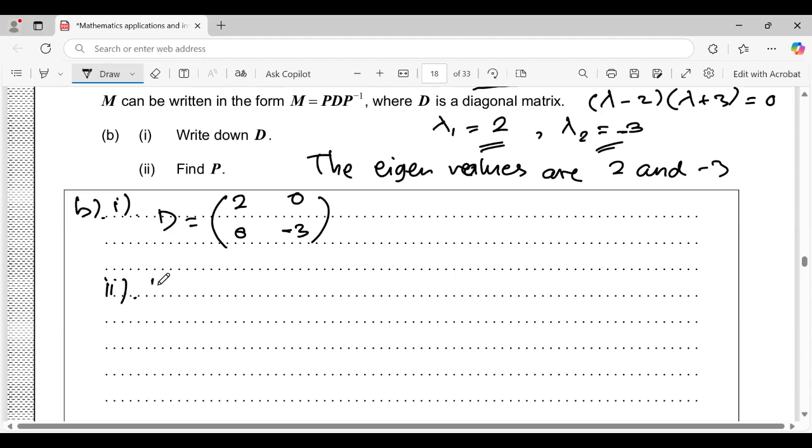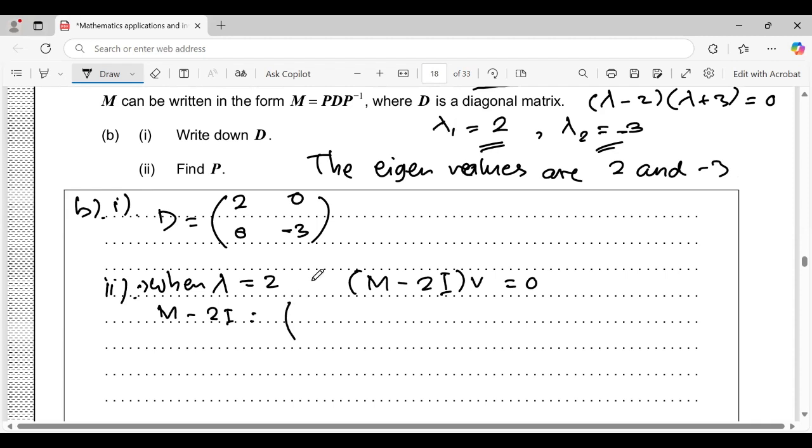When lambda equals 2, we need to solve (M minus 2I) times phi equals 0, where phi is the eigenvector, when lambda equals 2. So M minus 2I equals